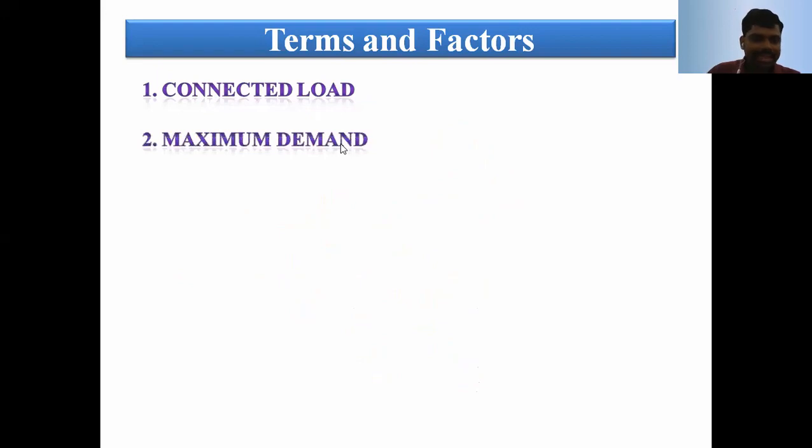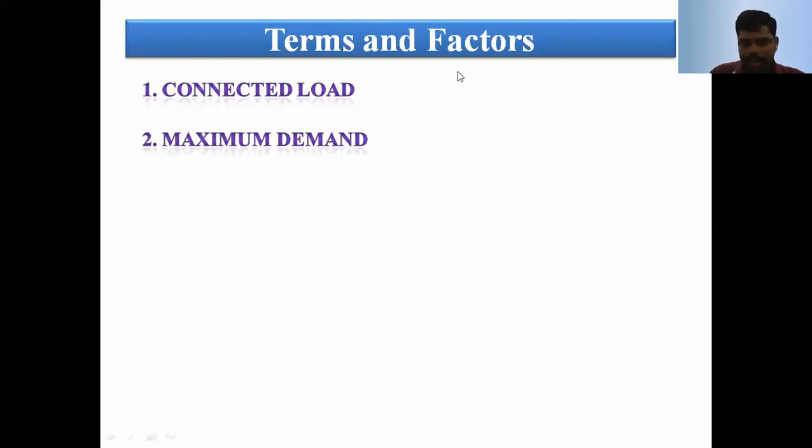Next one is the maximum demand. Maximum demand means we can calculate how much load is presented on a particular power station or power plant. One more thing: they never switch on all the appliances at a time, as already discussed in the connected load. In the connected load, n number of appliances are there, and based on the requirement and utility, only a few appliances are used. If all the appliances are switched on at a time, that is equal to the connected load.